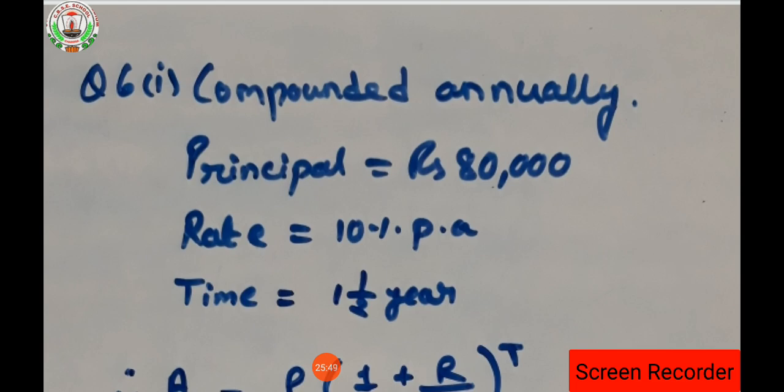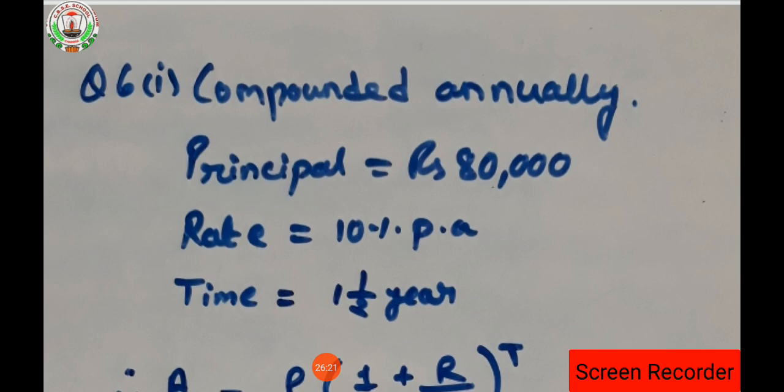What is question number 6 is, Arif took a loan of rupees 80,000. Loan of rupees 80,000 from a bank. That means 80,000 is a principal. Okay. If the rate of interest is 10%. So what is the rate we are having? 10% per annum. Okay. Now find the difference in amount he would be paying after 1.5 year. Time is given how much? 1.5 year. If the interest is two part condition it is given.